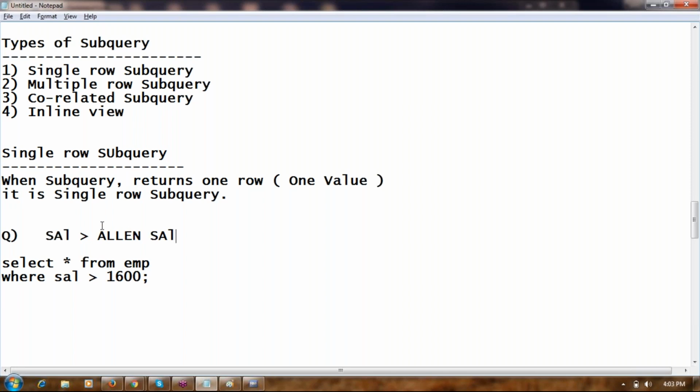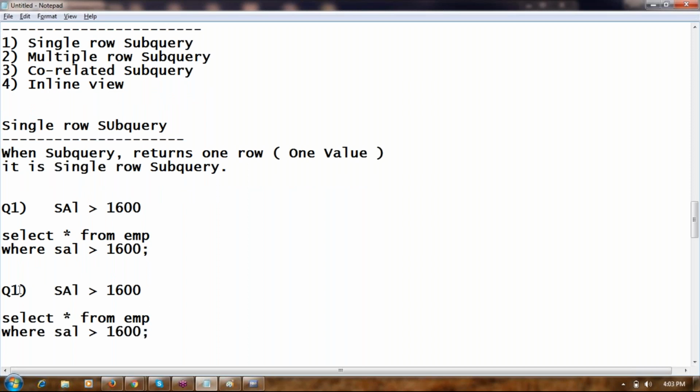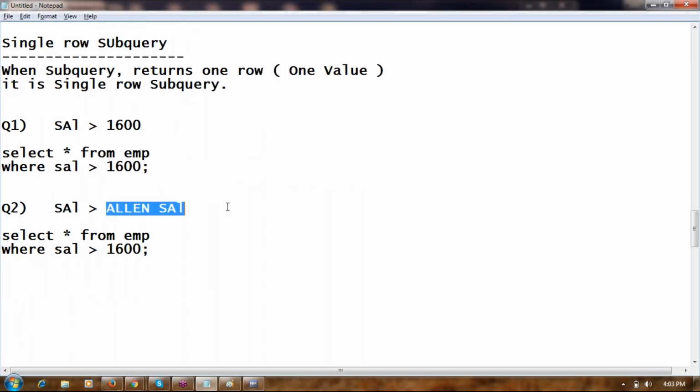In query 2, I am not giving you Alan's salary straightforward, so the value is not available in the query. You need to find out Alan's salary, which is an unknown value. You need to write a subquery to get that unknown value.